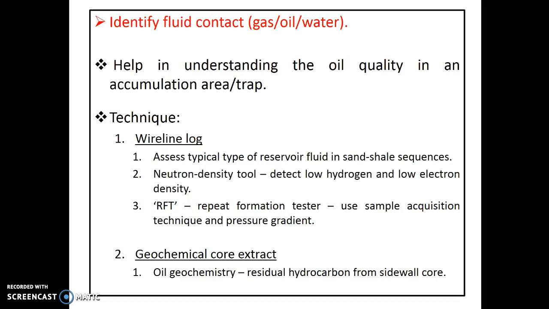To do this, the technique you will ultimately use in the industry is integrating data from wireline log. Basically, you will use the wireline log to assess the typical type of reservoir fluid in sand shale sequence by using combinations of neutron density tools to detect low hydrogen and low electron density, and